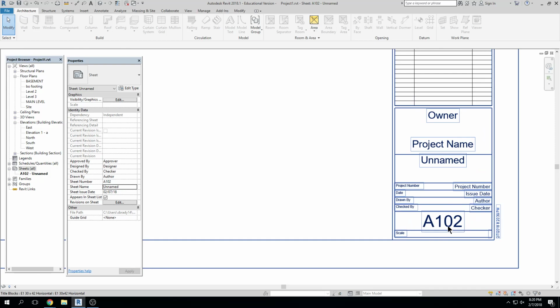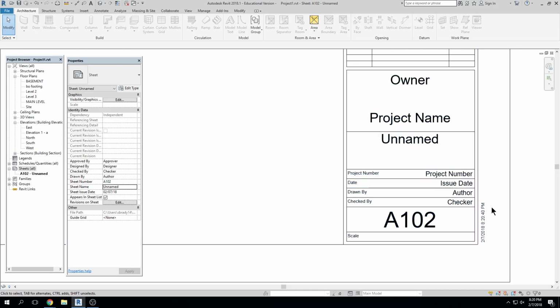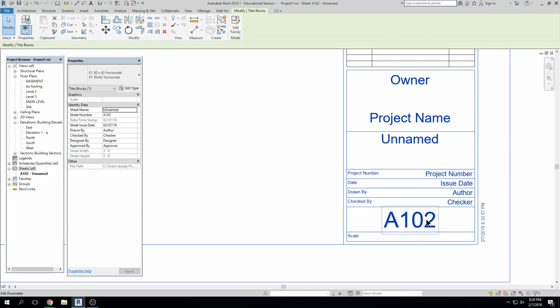And what that means is that if I zoom in here, for example, I can build in within the family different parameters like the sheet number or the project name. And the way that these are accessed through this title block is by clicking on them. So if I click on that, I can type this and I could say, this is AE201, enter. And it changes,